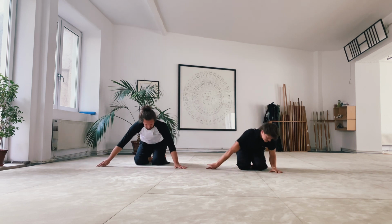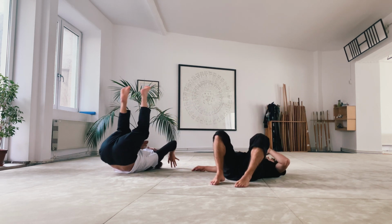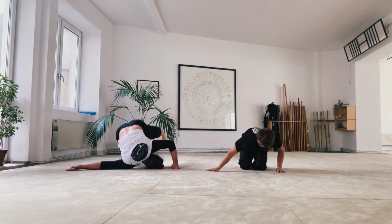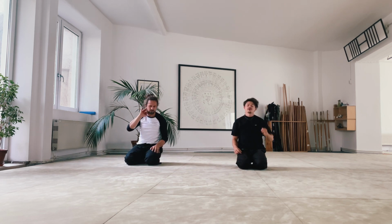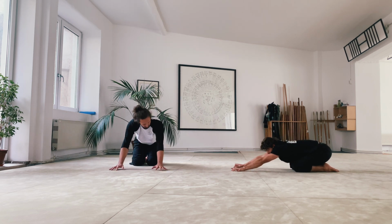One last time. And recovering onto your shins. The last thing that we will be doing, some upper body warm-up and also integrating the upper body. The first thing, sitting on your heels, extending the arms to the front,